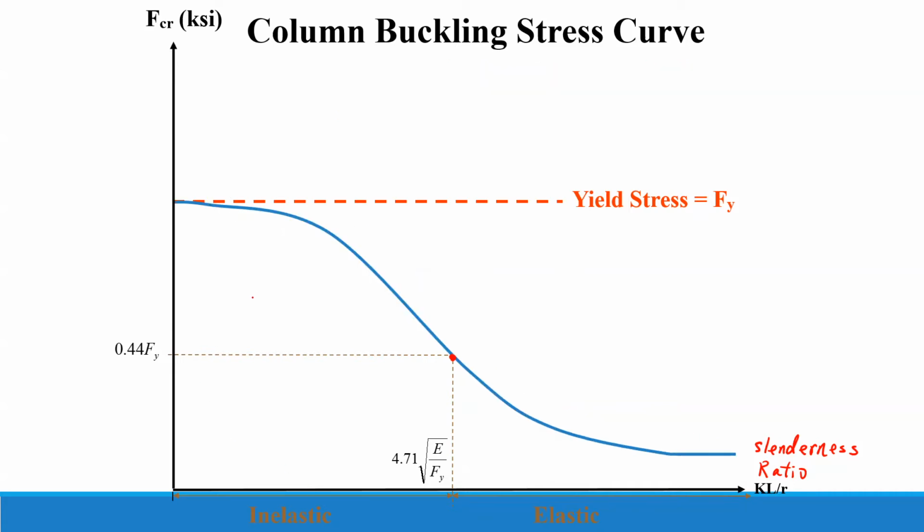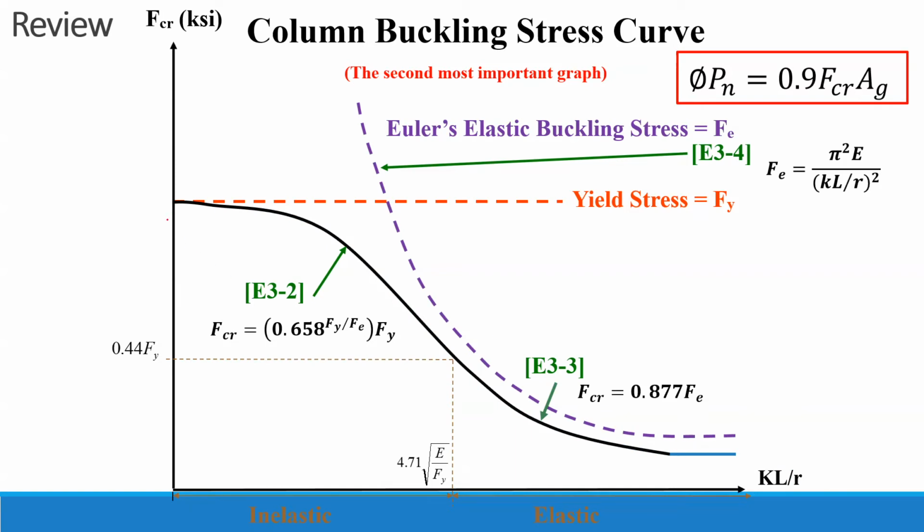And typically, the entire column buckling stress curve is made of two curves. The first portion of the curve is, as we talked about, due to the effect of the residual stress, and we create a curve that best fits the research data and develop this equation. So this equation defines the critical buckling stress for inelastic failure. And after that, the critical elastic buckling stress is coherent with Euler buckling theory. So it's 0.877 times Fe. So the factor of 0.877 accounts for the